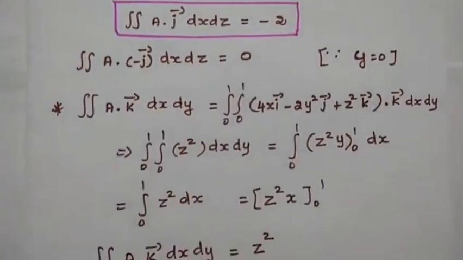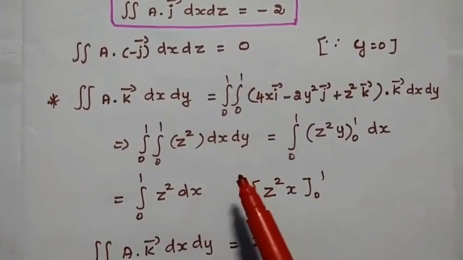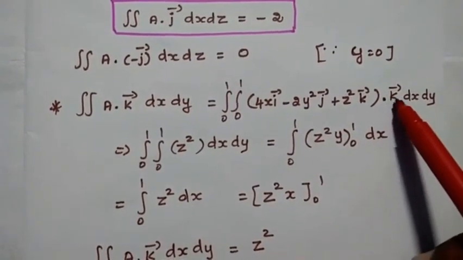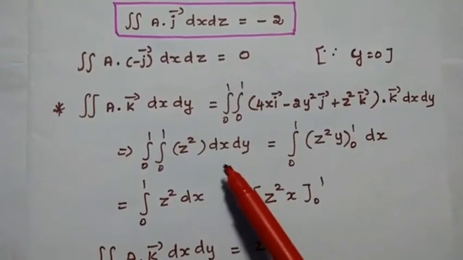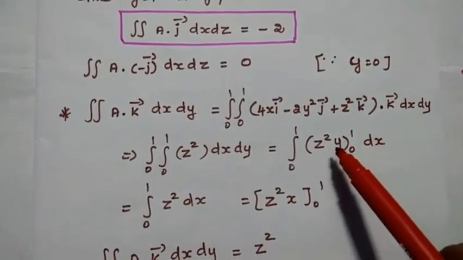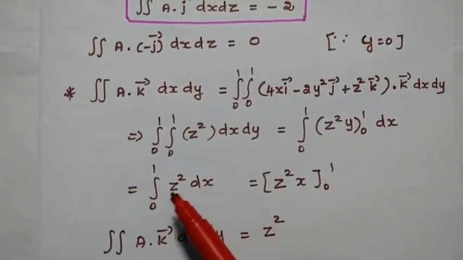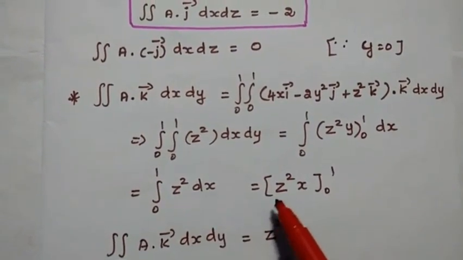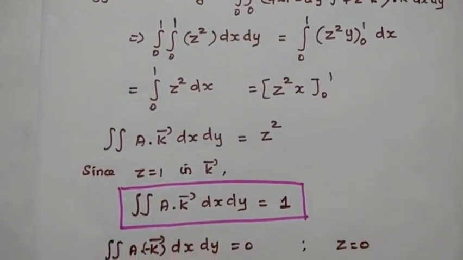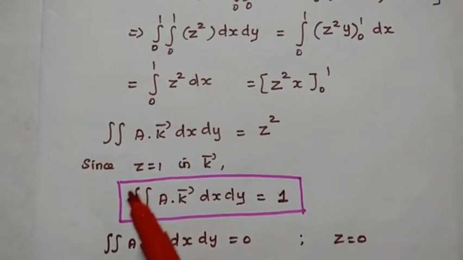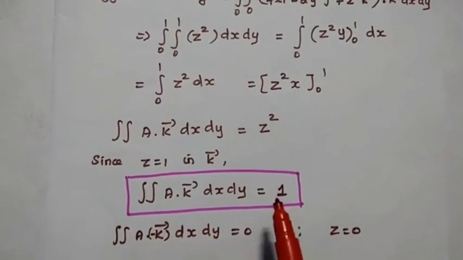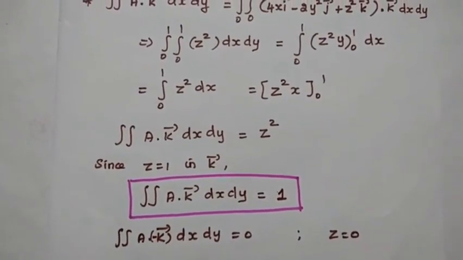Similarly, we can obtain the value for this A dot k vector dx dy. Okay, so here, in the same way, we can substitute the value of this A vector and take the dot product for this k vector. We get z squared. Then integrate with respect to y, that is z squared y with the limit 0 to 1. Substitute that limit here. So this integration becomes the integration of z squared dx, that is equal to z squared into x from 0 to 1. And then substituting those limits, we get the value as z squared. As we know that the z value is 1 in the k direction, we can substitute that value here. So 1 squared is 1. In the opposite side, its value is 0. So we have found all